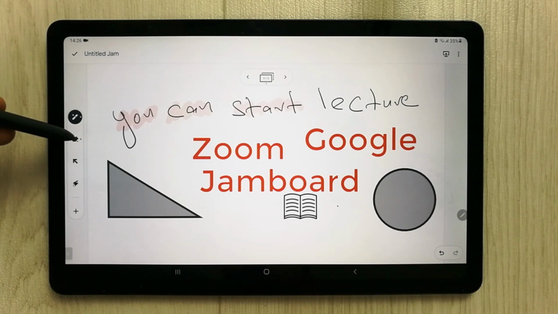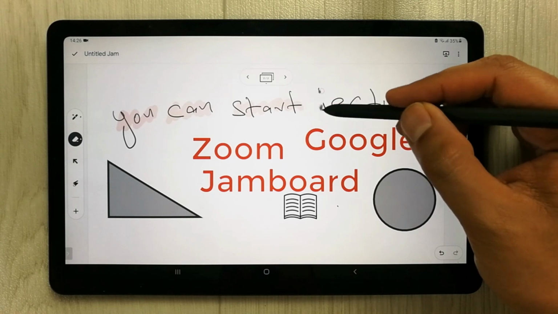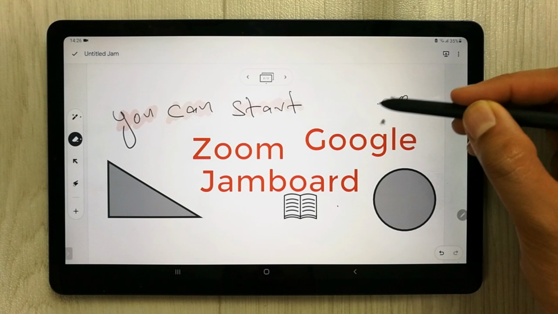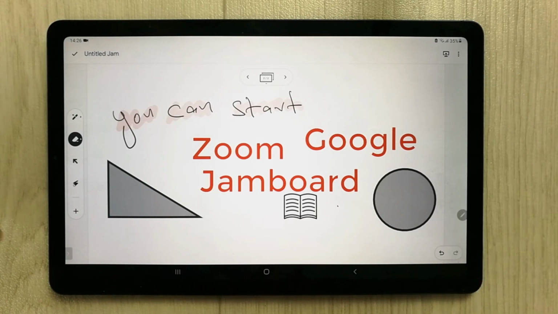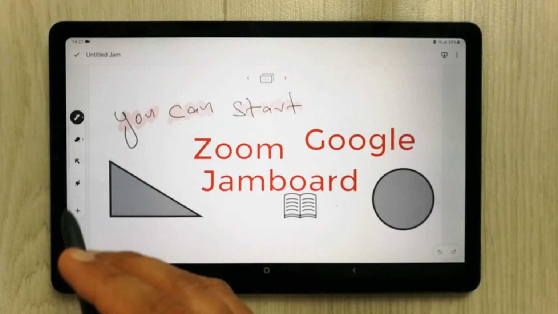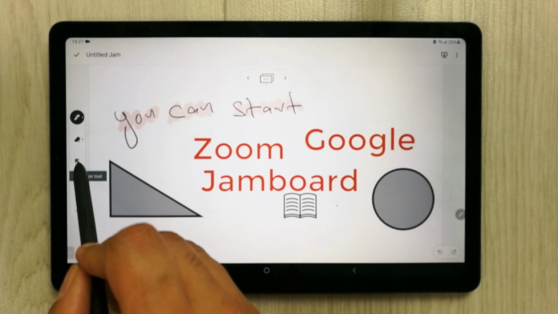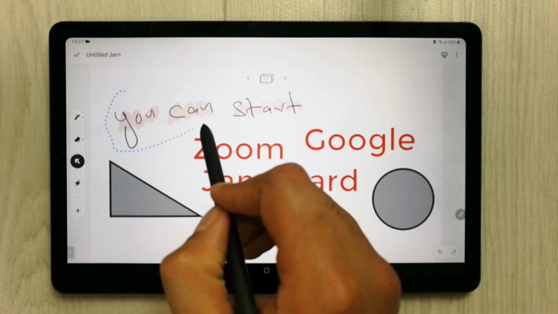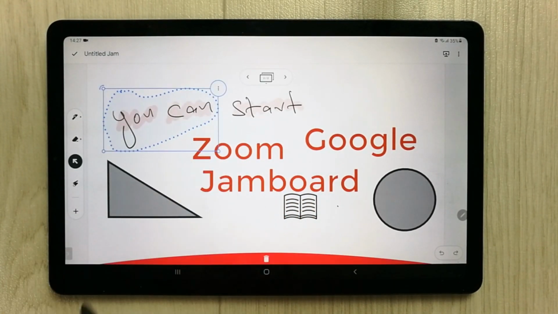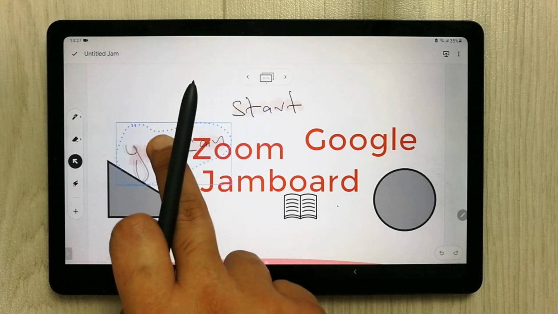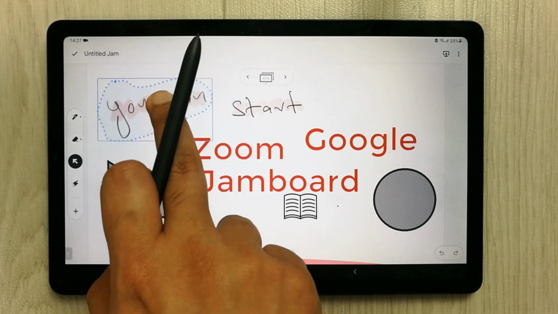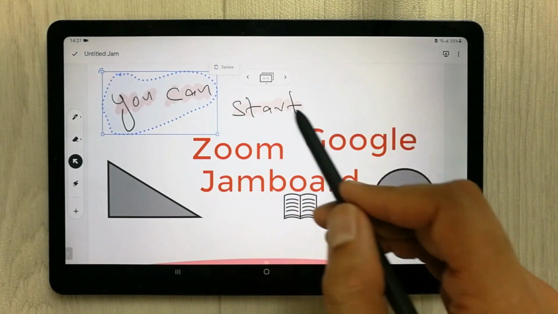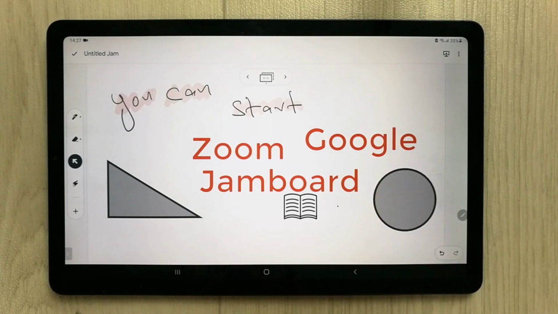So the next tool is the eraser tool, which is very cool. So you can see over here, you can erase anything. So this is the eraser tool. The next tool is the selection tool. So for example, I use this selection tool over here, and then if I want to select this part, okay, so you can see over here I select it, and now I can easily move it around. So this is the selection tool. You can use this as well, and then three dots over here. You can also delete it if you want to delete a certain part.